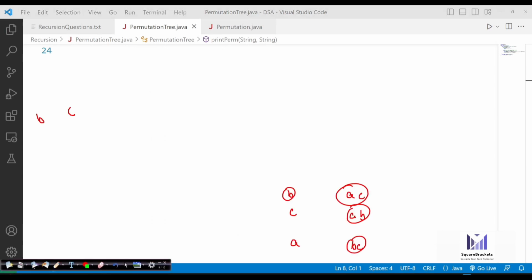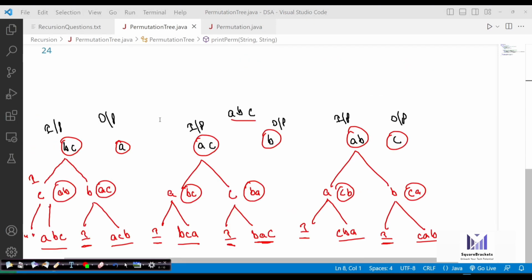So when we discussed this thing, this is exactly what is happening here. Okay, so you can just imagine that when you have ABC, first A is separated and you have BC. Then what do you have in input and what do you have in output? You just have to maintain these two things. Once you understand what you have in the input and output variables, you can understand what will be the output at the end.